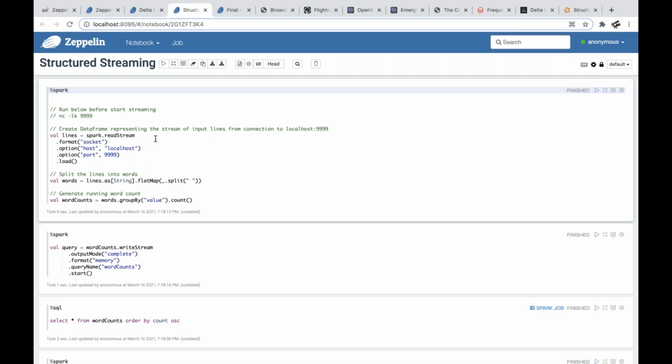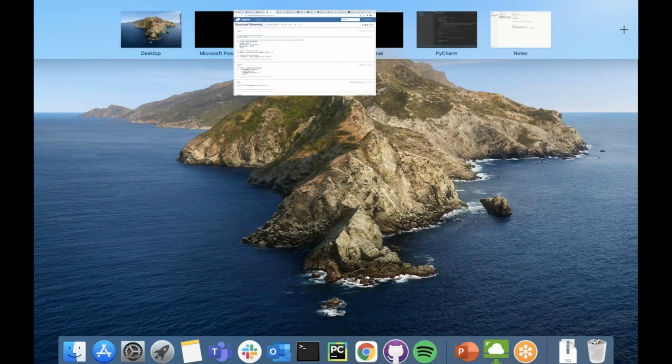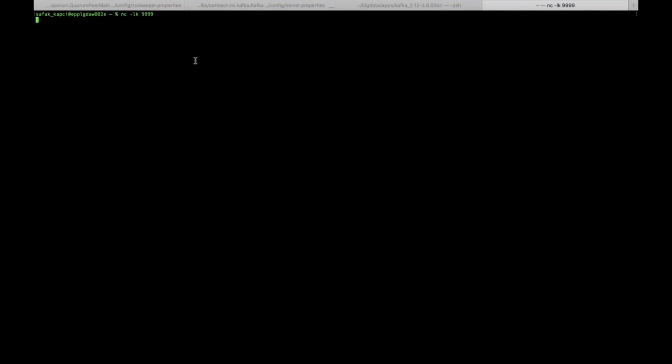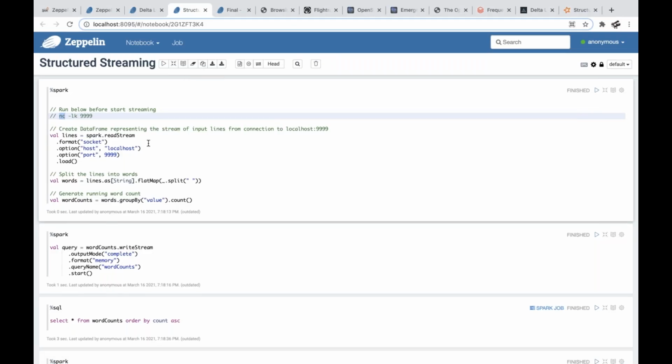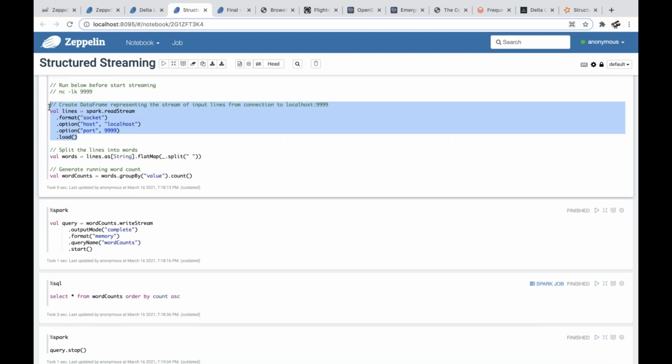So let's be cautious. Okay, so this is how we start with structured streaming. As you can see, this is a word count example. But before we start this one, we need to connect the socket. So it means that this socket should be up and running in the terminal. For this terminal, I'm using netcat directly, and I can show it to you. It is there, it is working, nc -lk 9999. So basically, I am defining the format, I am giving the host and the port. That's all. This is the simple definition of structured streaming.